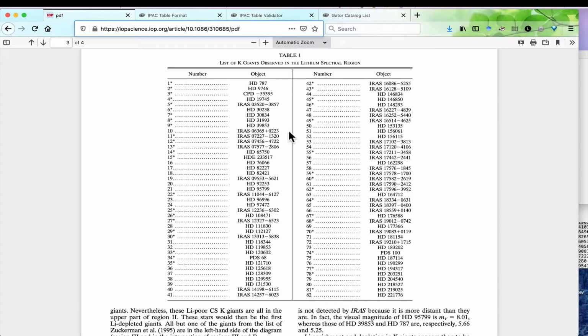I have the journal article here. There's a list of sources. What I would like to do is quickly go and get WISE photometry for these sources to try and see which of them are likely to have an infrared excess. In the table here, the author has provided simply a line number and a name of the star, but not